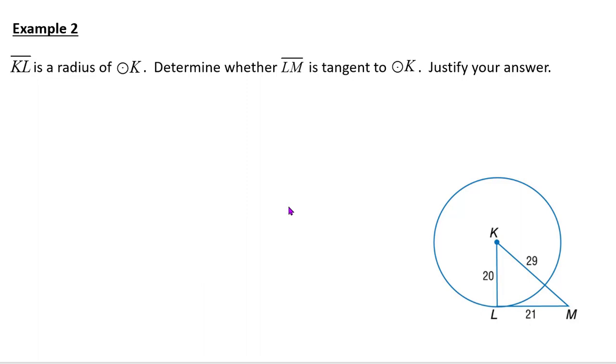Okay, so in this example, KL is the radius of circle K. Determine whether LM is tangent. So if we are tangent, we should have a right angle here. So let's see if our Pythagorean theorem works. Let's see if 29 squared equals 20 squared plus 21 squared. So on the left side, 29 squared is 841. On the right side, that is also 841. Yes. There's a right angle